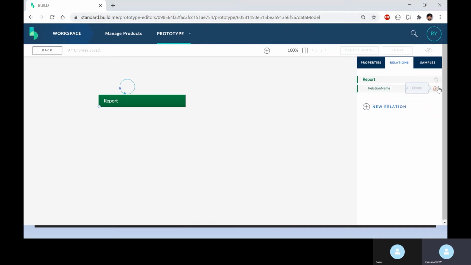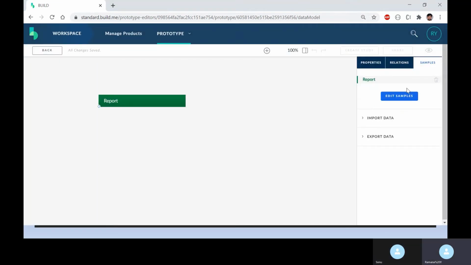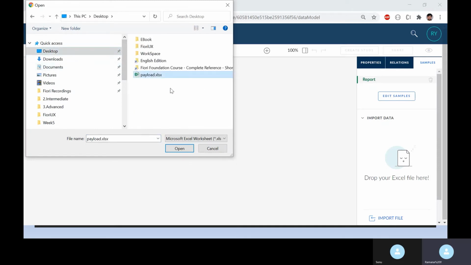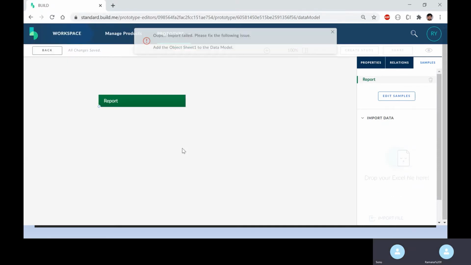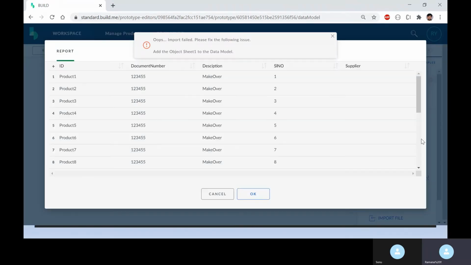So in this case, we'll try to make it very simple. You can go to the sample section and click on import data, and then click on import file. When you select import file, what we can do is select the file payload we have created here. Okay. Add the object sheet one to the data model. Okay. It says we have